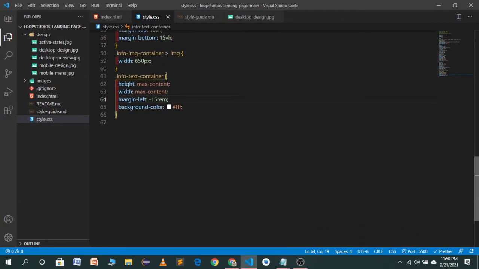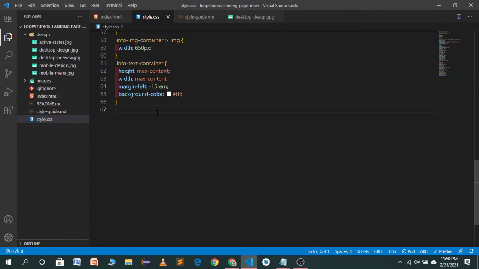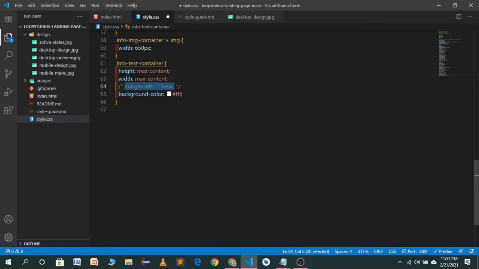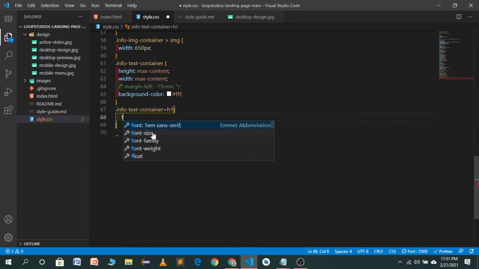We just want to style the h1 tag, and so first of all remove the margin. First of all we will target the h1 and paragraph and style them, and then give it a margin left. So target the h1 tag in the info text container. We will target the h1. We will give it a font.